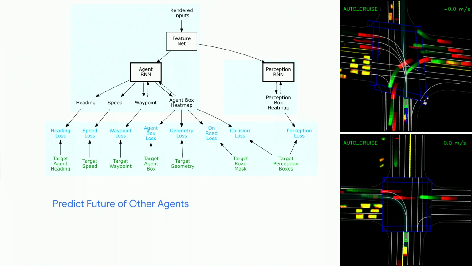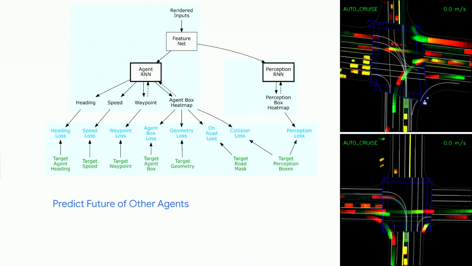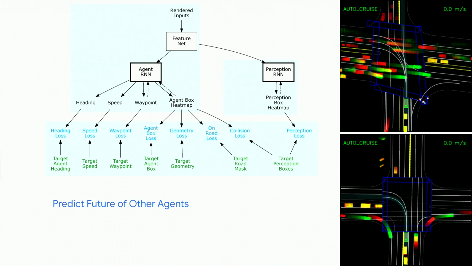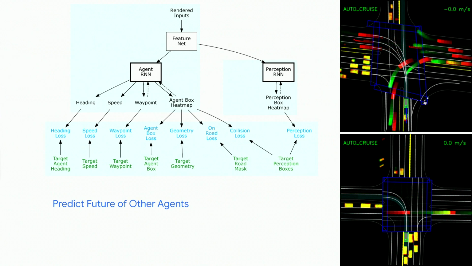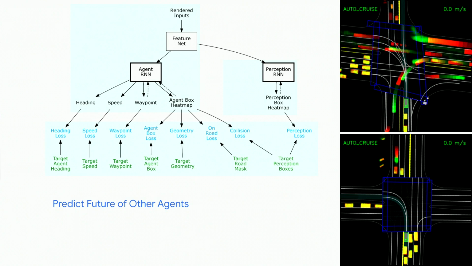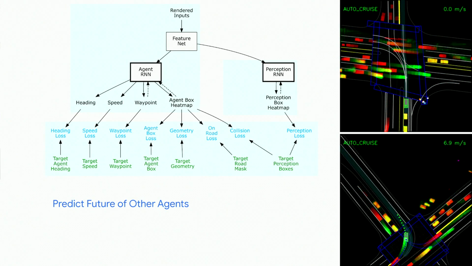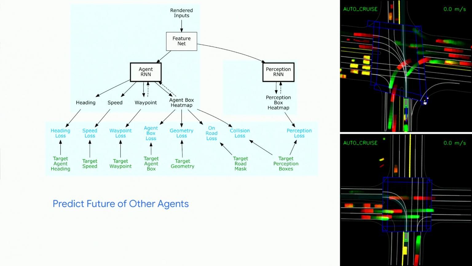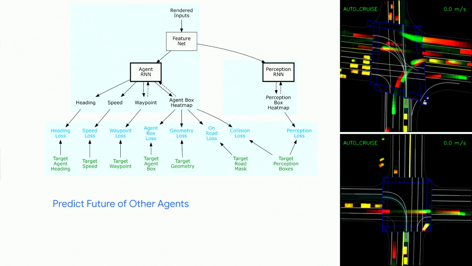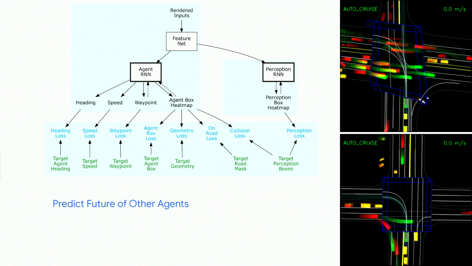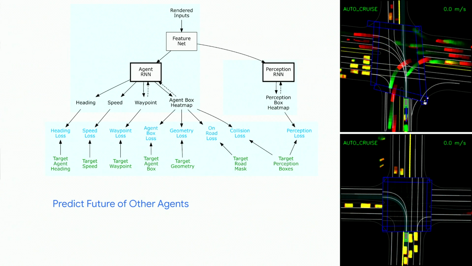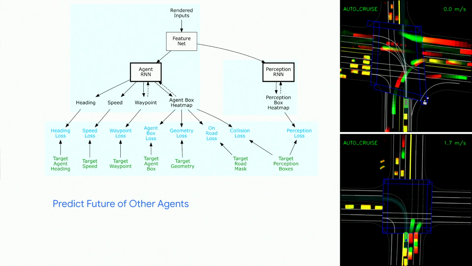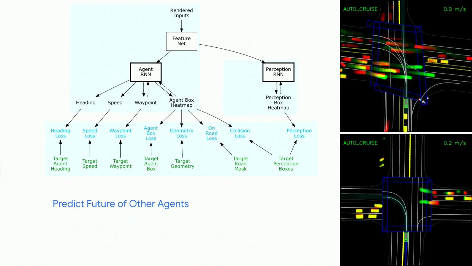So these are two examples of what the predictions from perception RNN look like. The red and yellow boxes are the past boxes or the past perception objects, and the green trails are the predictions from this net. It's pretty good in terms of predicting U-turns as well as figuring out the intents of other objects when, for example, they are in a right turn lane, whether they are actually going to make a right turn or continue straight.